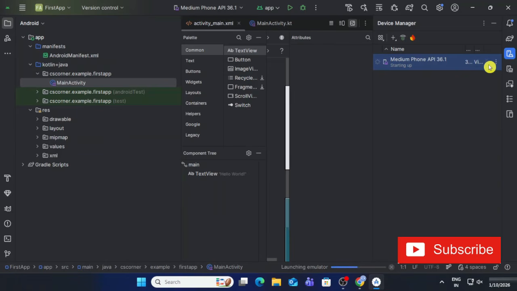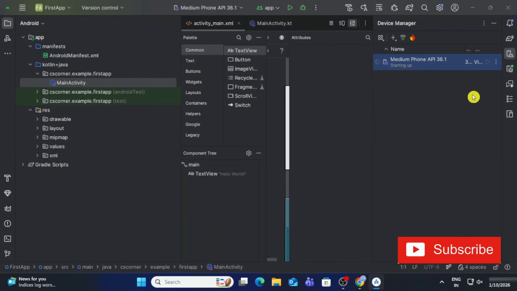Guys, we have already installed the Android virtual device. Here you can go to device manager, and you can see it's showing my Android virtual device, along with its name. I'm going to just start this Android virtual device. When you start it, it is not going to run your app. To run your app, you need to click on the play button. Here I'm just starting this Android virtual device to show you that my device is running.